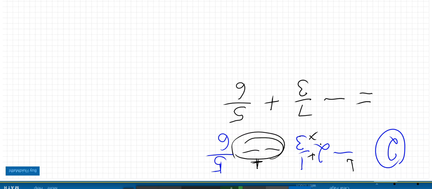And now we just keep using our fraction skills. Now, if you're not confident with your fraction skills, you need to make sure you go back and practice and watch other lessons. But hopefully this is helping you. So now when we add or subtract fractions, we have to have the same denominator. I know my 3 and 6 are different, and I can turn my 3 into a 6 by multiplying it by 2. So this side here can stay the same. Okay, so I am now left with a negative, and then 7 times 2 is 14 over 6 plus 5